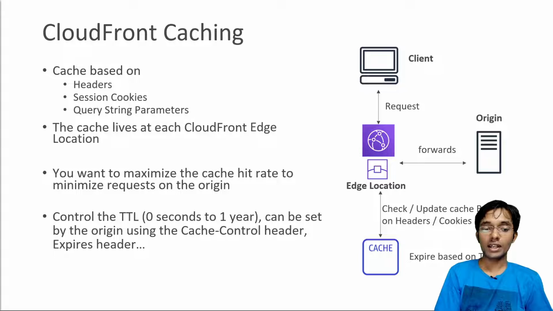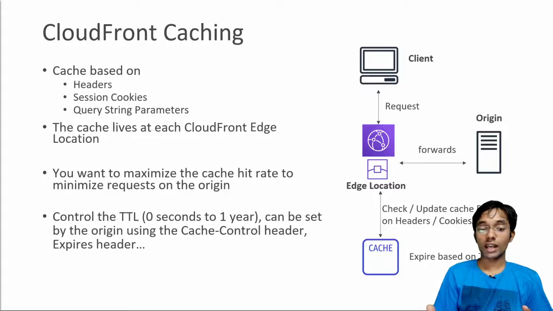So the idea here is that we want to maximize the cache hit rate to minimize the requests on the origin. Okay, a very efficient caching strategy. That's just how it is. Now we'll see exactly how we can optimize this strategy based on what